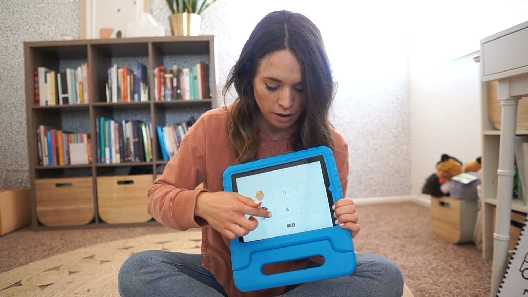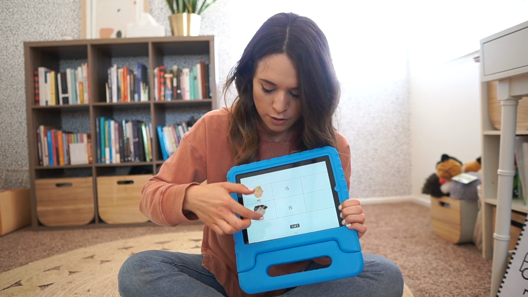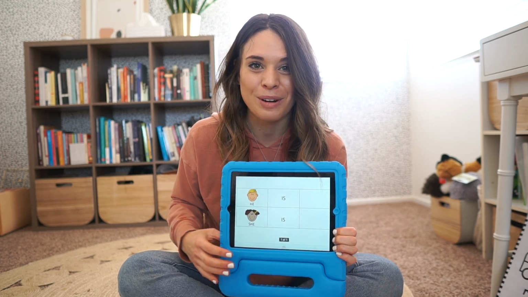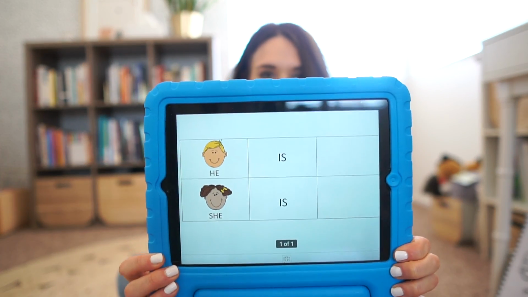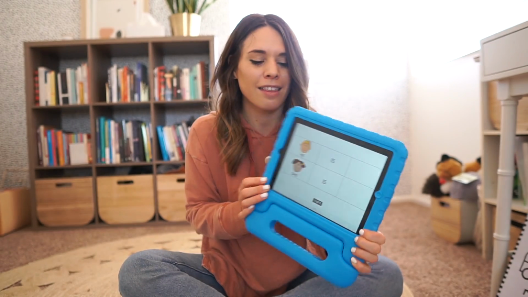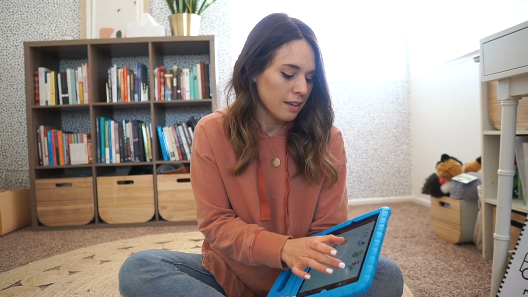Even if you don't have access to this specific worksheet, you might make something simple like this, just a he is sentence strip or she is sentence strip, so you can work on those pronouns too and put that all together with our action words. All right,